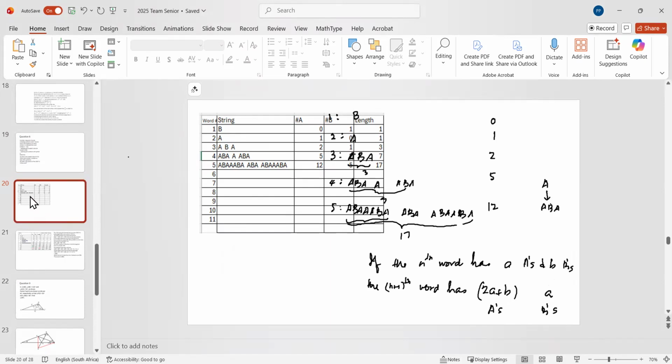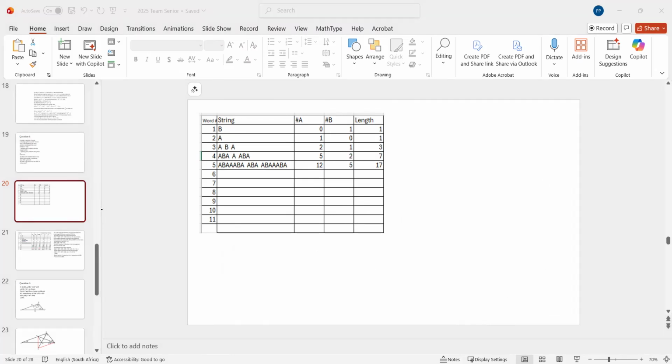In this next slide, I use what I discovered here. So I've got a record of the number of A's we saw is 12, the number of B's is 5, and I'll also include the full length of this thing. You see, when you merge them, these are supposed to be merged together, but I've just separated them. So the full length is 17, and here the length is,